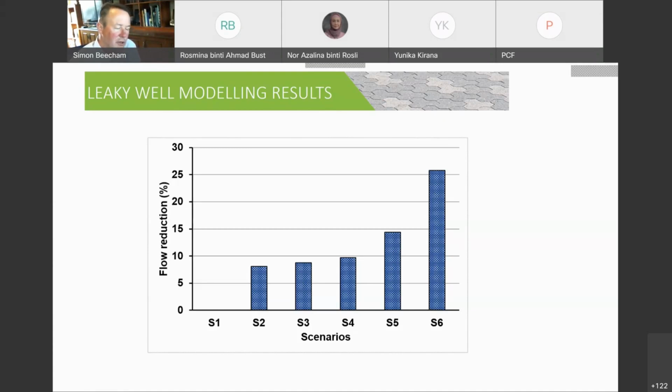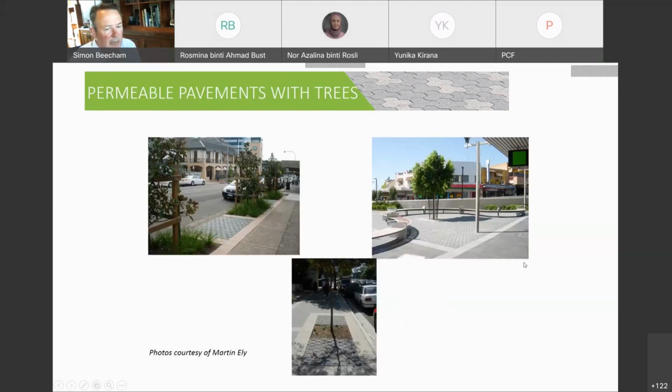So you're trying to return your highly urbanized environment back to a more natural state, using engineered systems. The first system I showed you was a biofiltration system with trees in it. The second one was a street tree system with tree inlet pits, and the modeling shows that these can be very effective. So I'm now going to show you the integration of trees again, but this time into permeable pavement